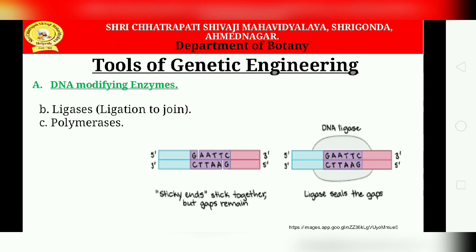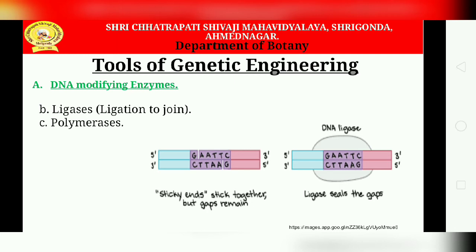Now the third one, in the picture you can see, is the polymerases, to synthesize or form polymers. DNA polymerases are enzymes which synthesize new strands of DNA complementary to an existing DNA or RNA template. Most polymerases can function only if the template has a double-stranded region that acts as a primer for the initiation of polymerization. Different types of DNA polymerase are commonly used in genetic engineering. DNA polymerase I, II, and III are observed in E.